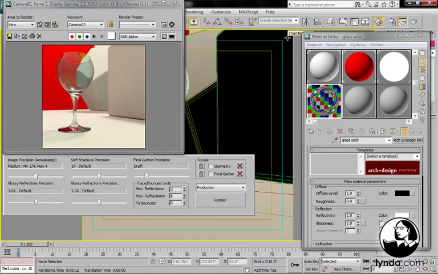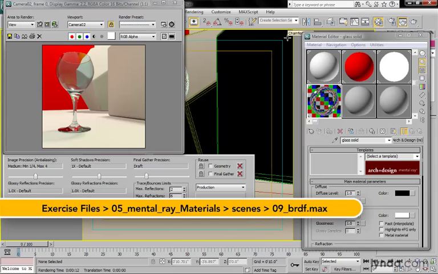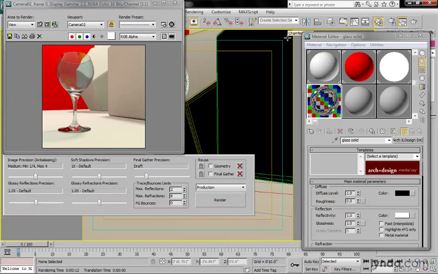When working with transparent materials, either glass or even just varnish on a surface, you're going to want to pay attention to something called BRDF. That's an acronym for Bidirectional Reflectance Distribution Function. It's a bit of a mouthful, but what it refers to is the fall-off curve between reflectivity and transparency on